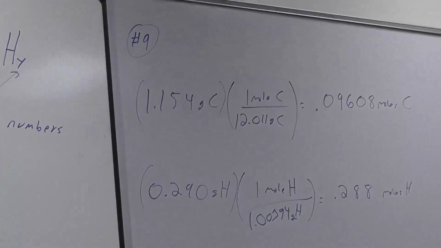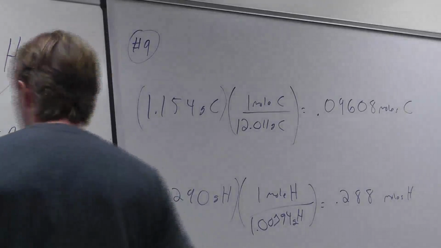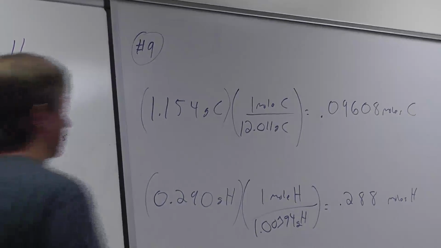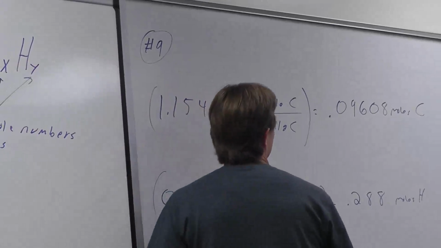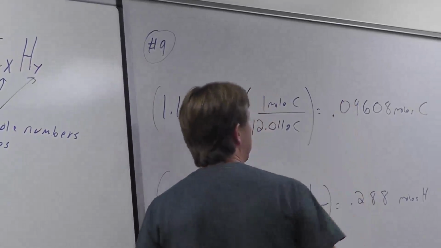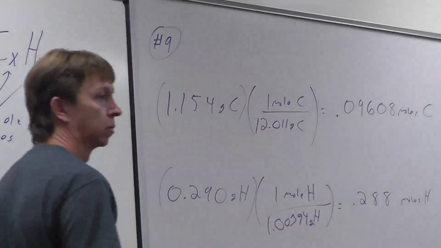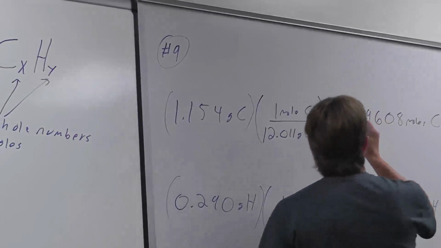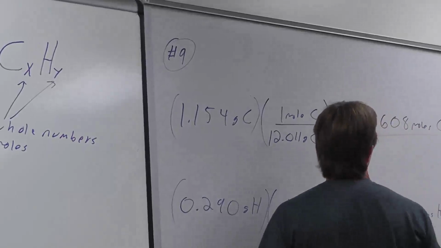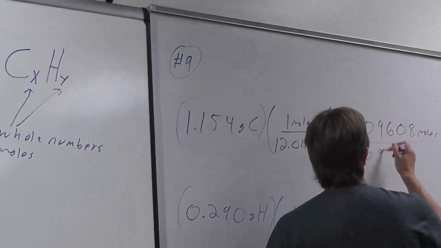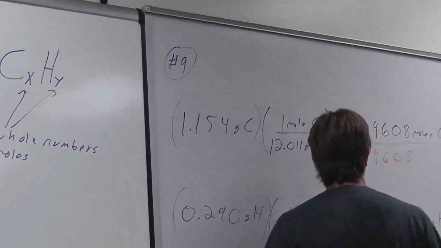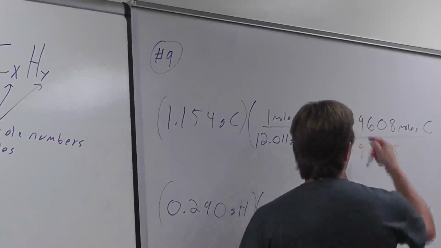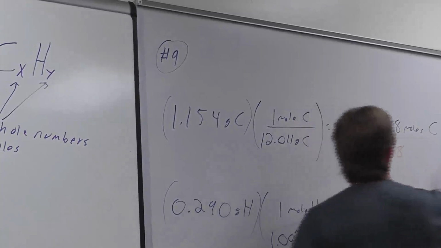Now, obviously, that's not whole numbers, but we can make that into whole numbers. Comparing these two numbers, which do we have less of? Carbon. So if we take both of these and divide them by whichever one is the lesser quantity, the carbon moles divided by itself has to